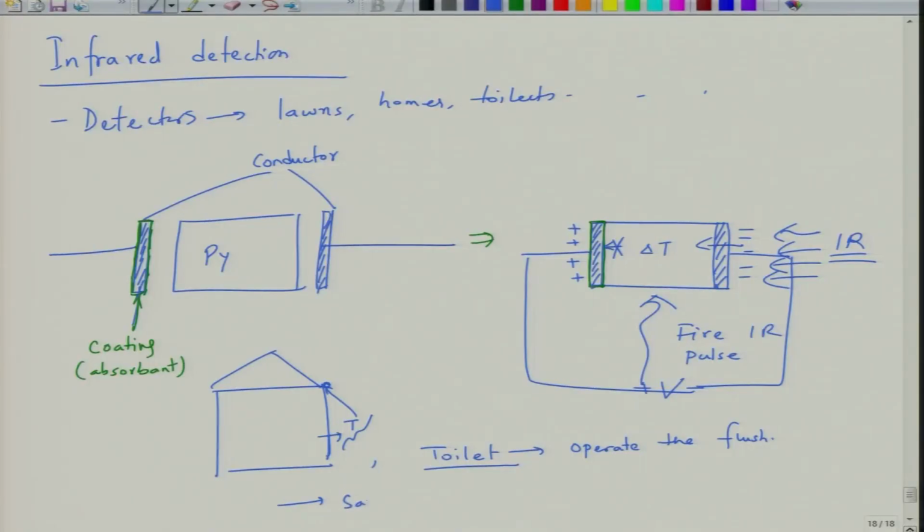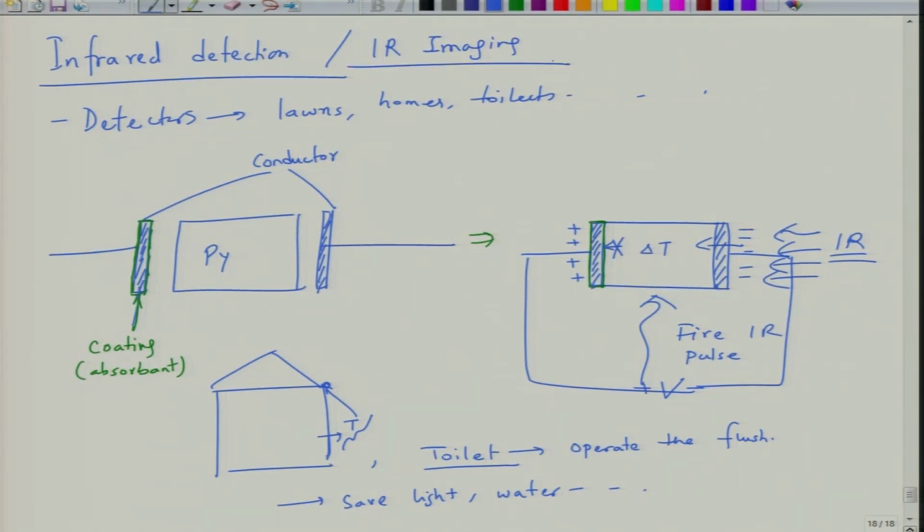So, basically it can be used to save light, water, etc. Basically motion detectors and so on and so forth. So, a lot of applications. Similarly, based on the change in temperature, a similar application can be used for IR imaging.